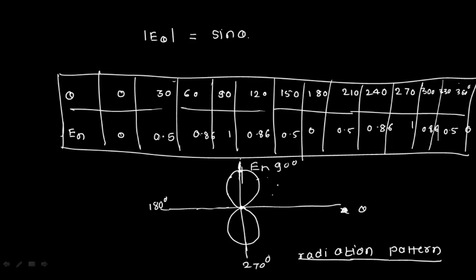Now based on this radiation pattern, we categorize our antennas. Based on the radiation pattern, we categorize our antennas into 3 categories. What these particular categories are, we will see, and how we are going to measure this particular radiation pattern, that also we'll see. If I want to measure the radiation pattern, this is the setup of how to obtain it. You must have got a little idea by now, so I'll just explain how to obtain the radiation pattern.